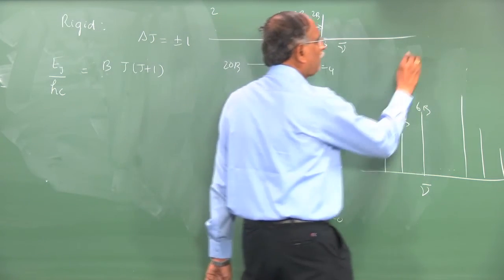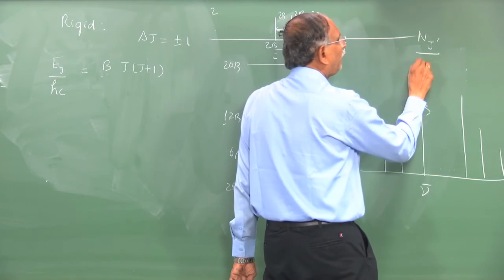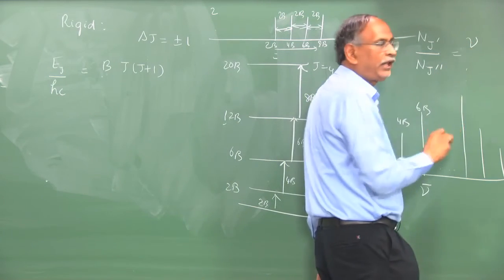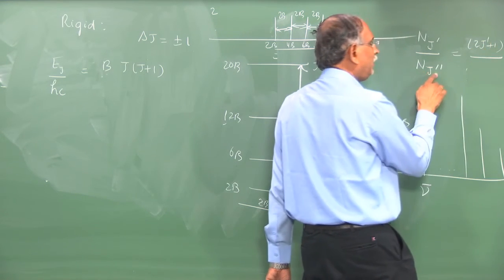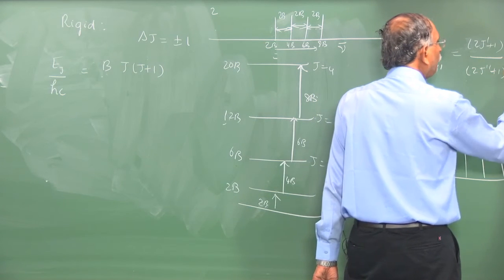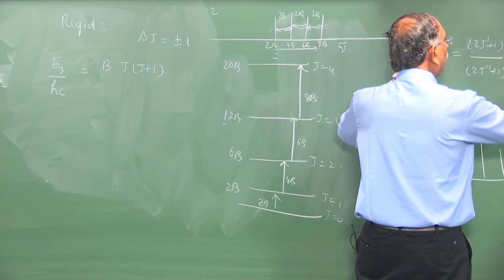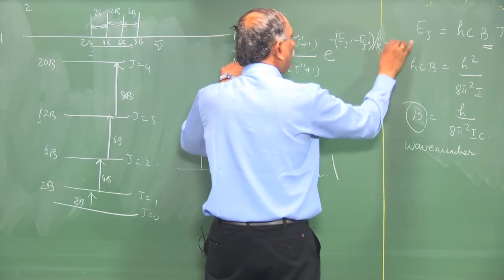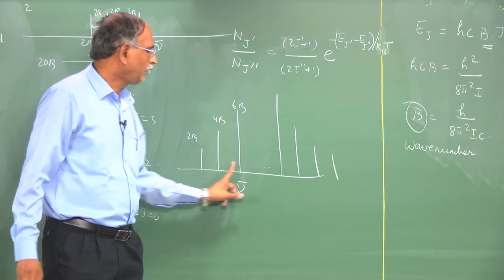And we knew that the reason was due to the fact that the number of molecules in any energy level J prime divided by the number of molecules in any other energy level J double prime is given by the degeneracy of that energy level J prime, which is 2J prime plus 1, divided by the degeneracy of the energy level corresponding to this, which is 2J double prime plus 1, times exponential minus E J prime minus E J double prime over kBT, at any given temperature, and kB is the Boltzmann constant,